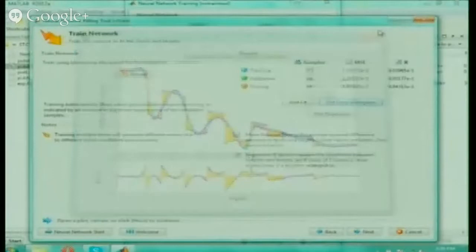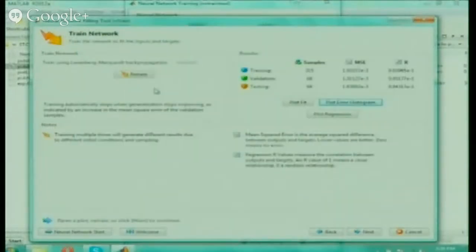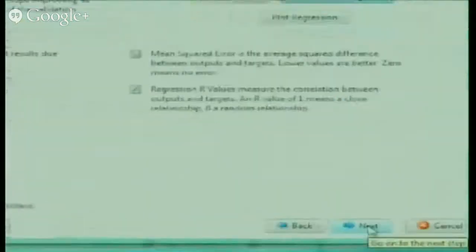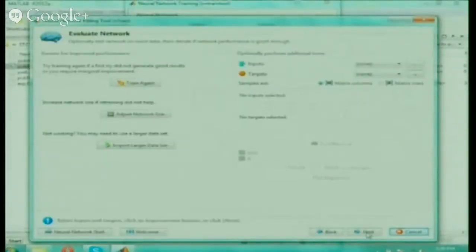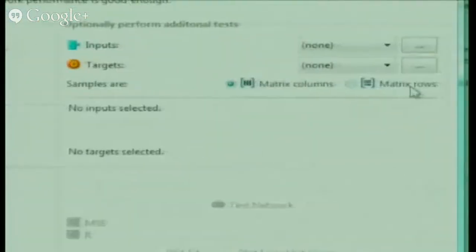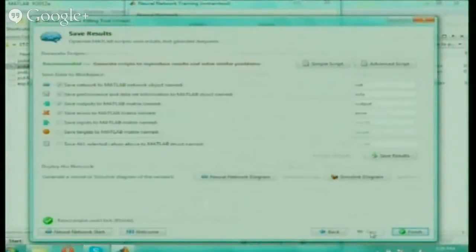And next, now we have trained the system. Again, if you want to load more data and retrain it, you can do it here. So retraining also you can do. Now what I'm doing is I'm just pressing next, going to the next window. In the next window again the same thing. Again, if you want to train the system again, you can give data again and train. Again, I am going to next. Now I have gone next again. So this is my final.